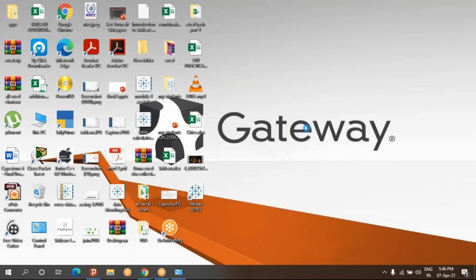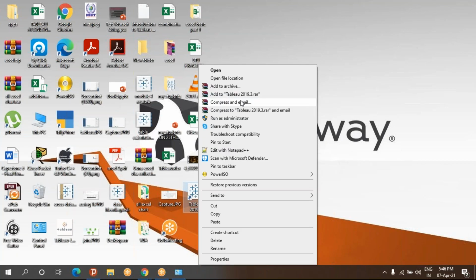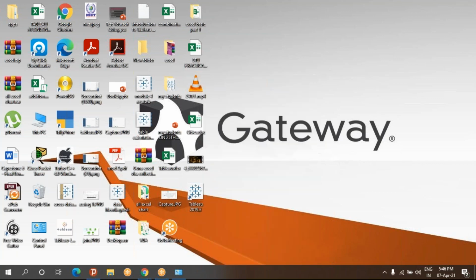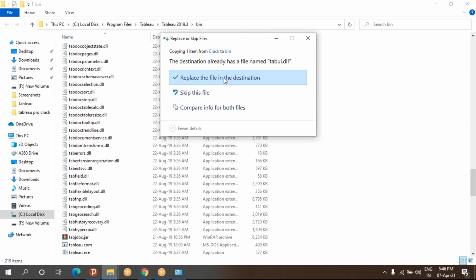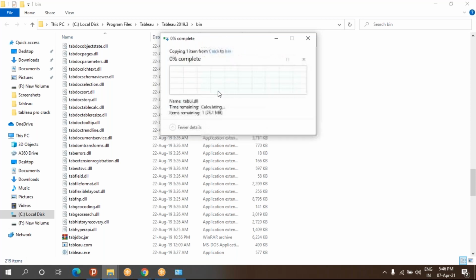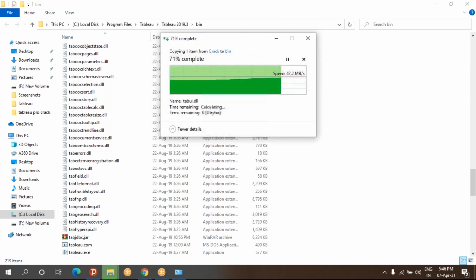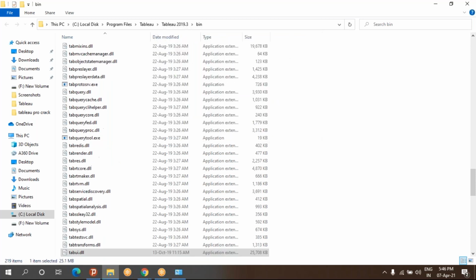I'll give exit, refresh, then open file location, right click, paste, replace, continue. Done. Once you install, it automatically opens. Wait until it opens, then close it.